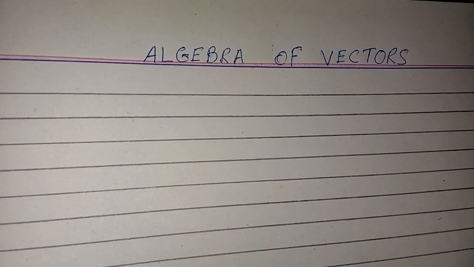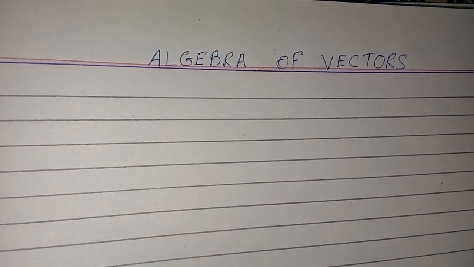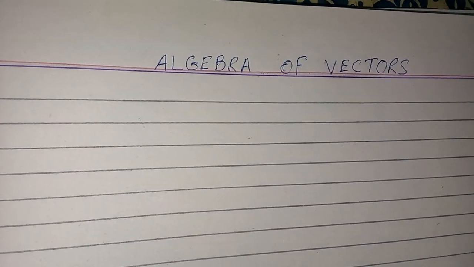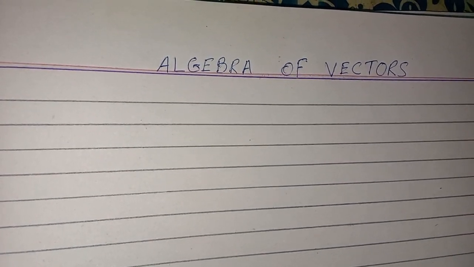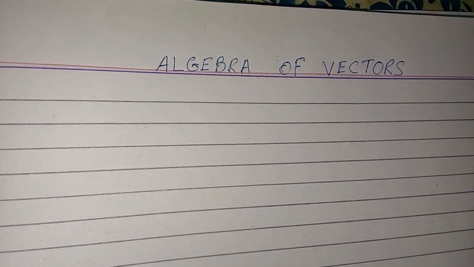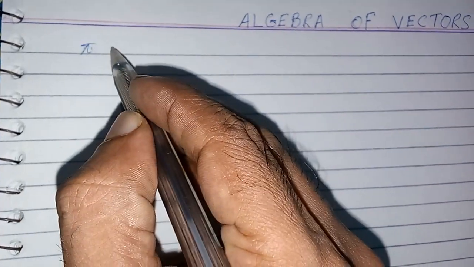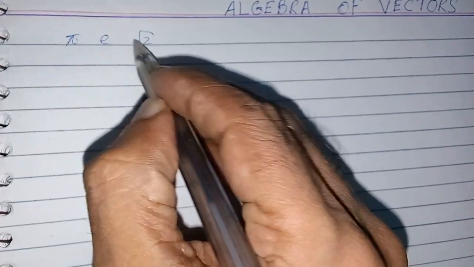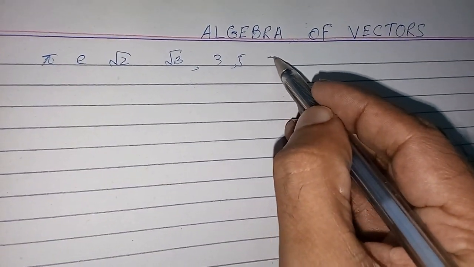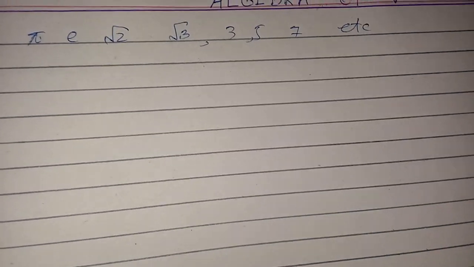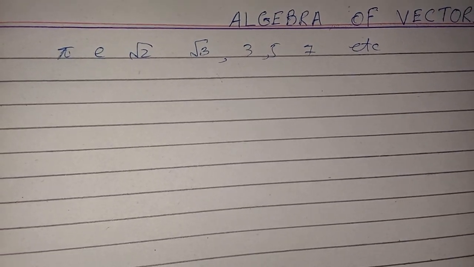Scalar and vectors. Scalar: a quantity which has only magnitude but no direction is called a scalar. For example, mass, density, volume, length, time, temperature, speed, and any real number, say pi, e, under root 2, under root 3, 3, 5, 7, etc. and so on. The value of a scalar is a single real number